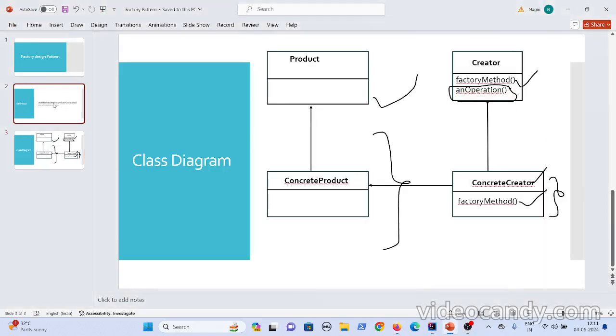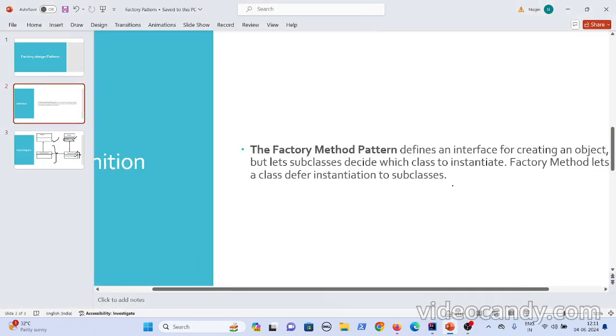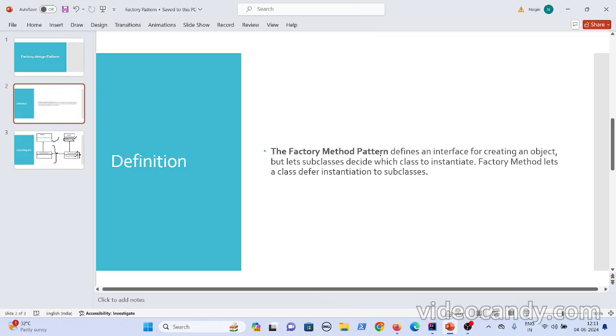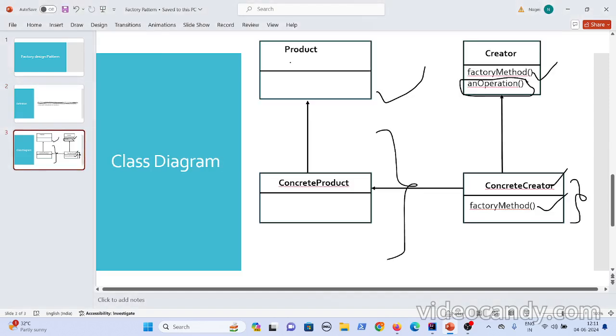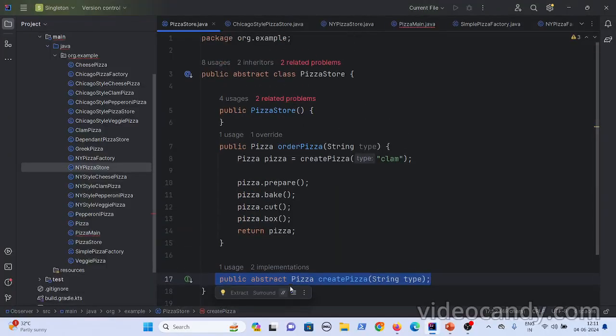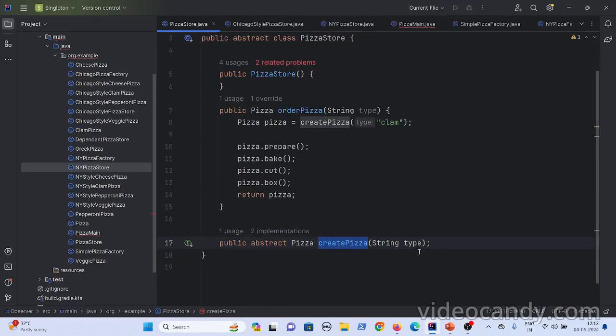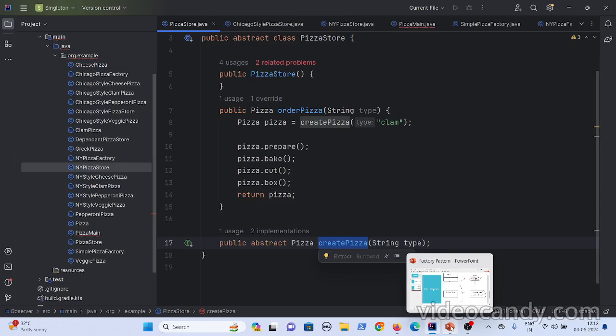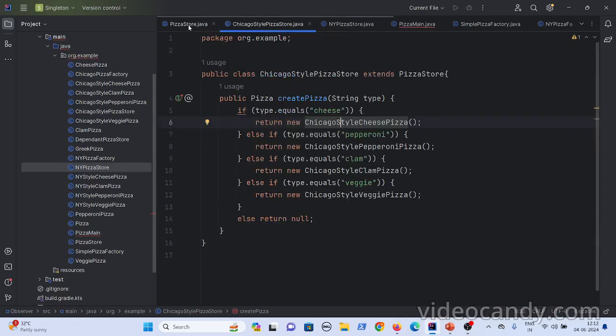Now let's go to the definition. If you see the definition here, the factory method pattern defines an interface for creating an object, but lets subclasses decide which class to instantiate. So what you have done here is, you have created one abstract class, a pizza store, and then you have created one abstract method, and then you let subclasses decide, right?